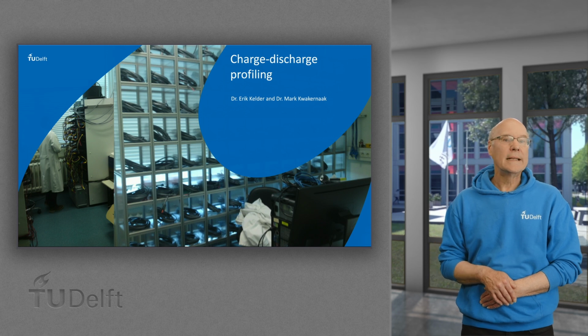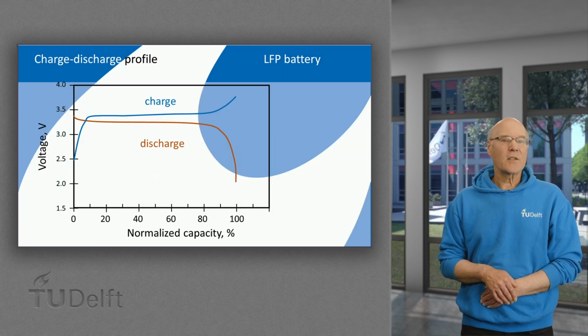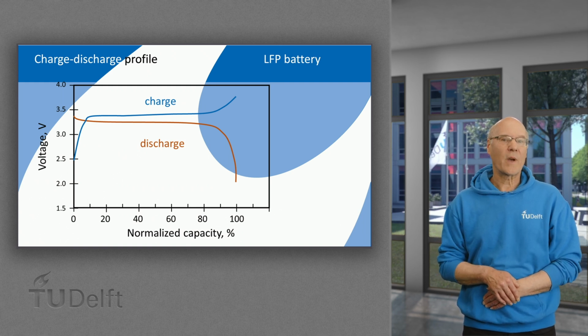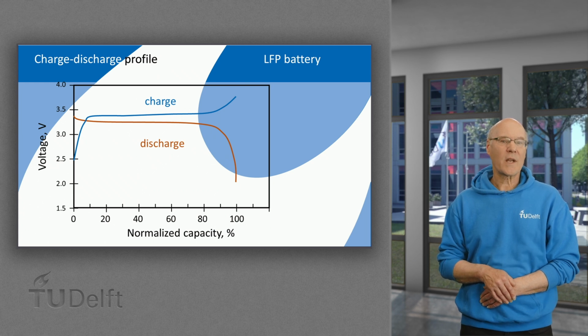This information is measured and analyzed in the test labs of the battery company or research institution with whom they are collaborating. A charge and discharge profile of a battery is usually measured as the voltage versus the percentage of the full capacity of the battery. This capacity is the normalized capacity of the battery after release.